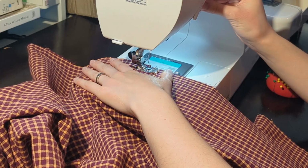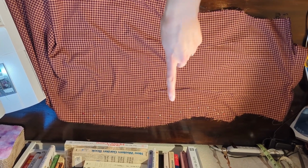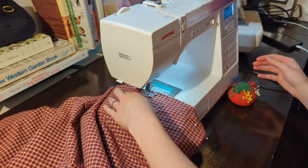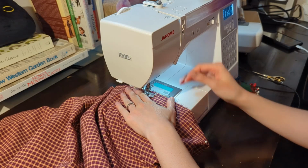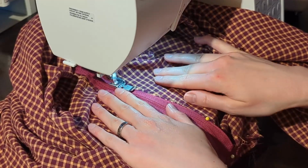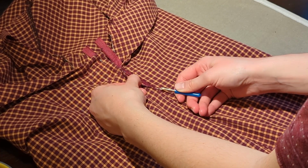So the side that doesn't have the zipper, I just sewed down at the seam allowance, and then the side with the zipper, I sewed it down from the top of the zipper to where I wanted the bottom of the zipper to be with a very long stitch. And then after that, I sewed down the normal stitch. This allowed me to get the zipper inserted perfectly with the fabric covering it without having an invisible zipper foot, which I didn't have at the time. So then I just stitched down the zipper,